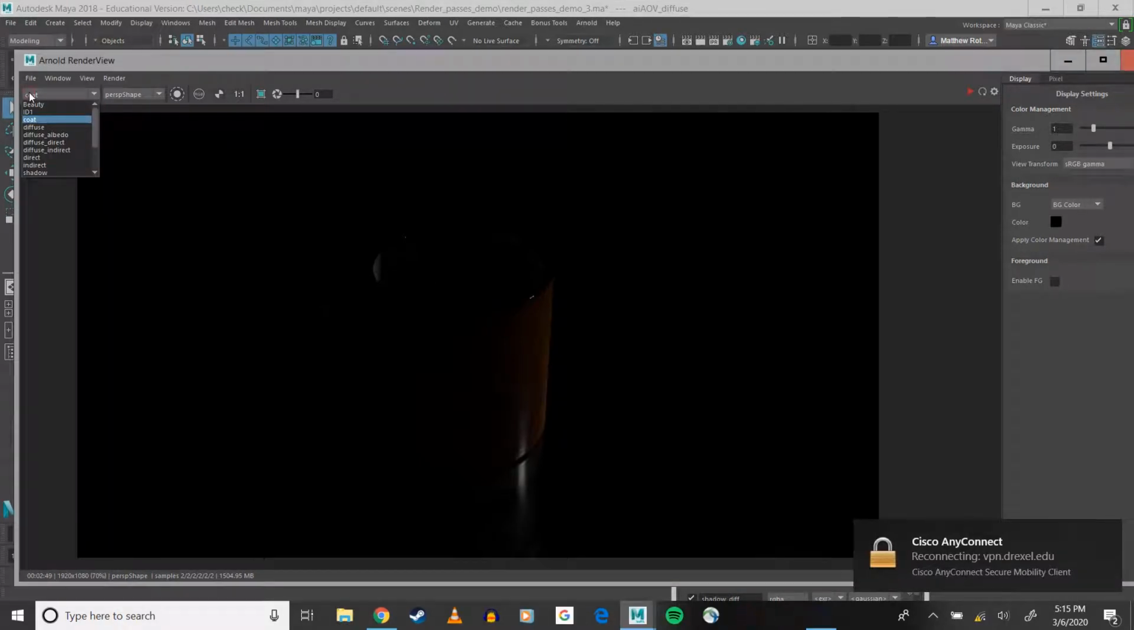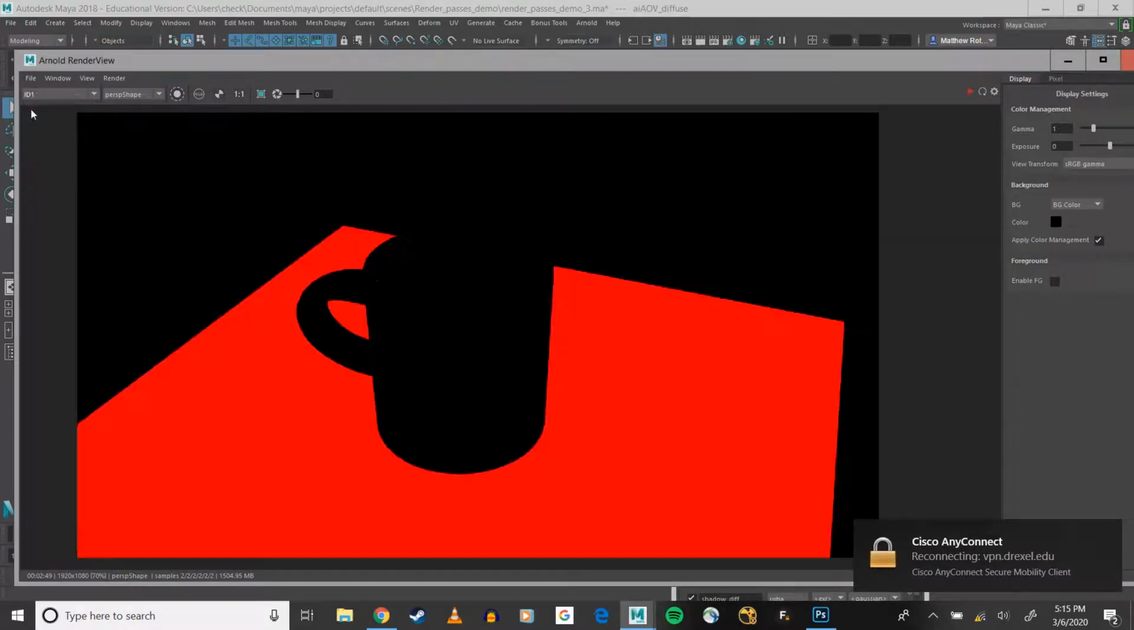And then there's also very useful utilities such as your ID pass, which I'll go over setting up the ID pass for the mug, because you can see I have just an ID on the table at the moment, and the process is pretty easy. Anyway, let's get into setting up all these different passes, which are very useful because they allow you